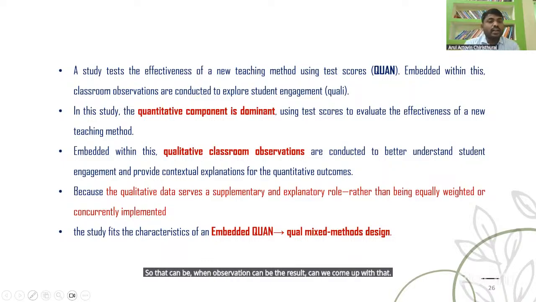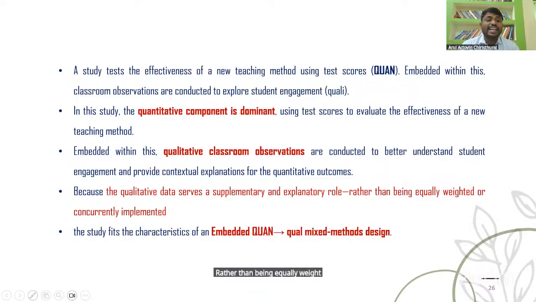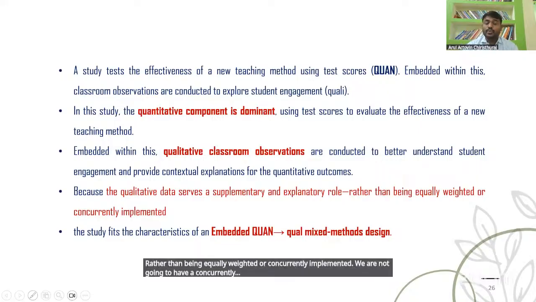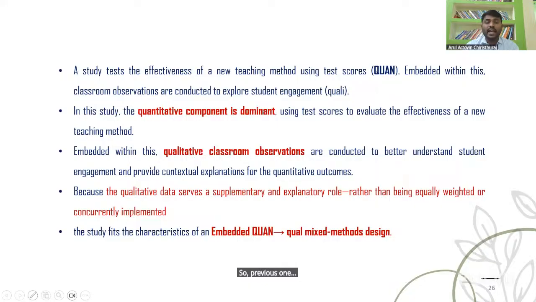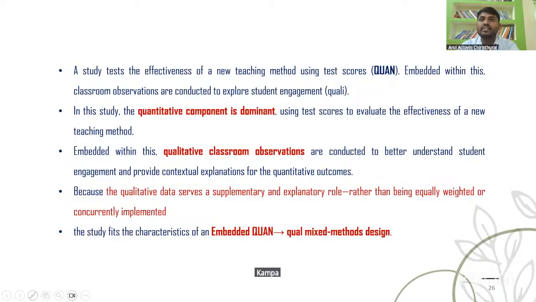So that's what it's about, because the qualitative data serves a supplementary and explanatory role rather than being equally weighted or concurrently implemented. We are not going to have it concurrently. The previous one, the parallel one, is where qualitative and quantitative are done differently, even analyzed differently, but the findings will be compared, integrated, and interpreted.